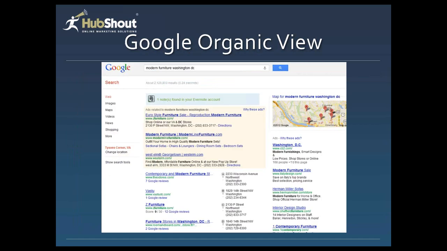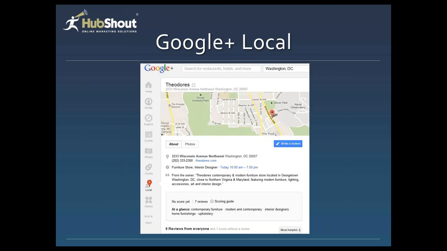Okay, so the final thing I wanted to show is that, at least on the Google side, a lot of these links, if you went to the map pin and then clicked on it, would allow you to go to more information, which would take you to the old Google Places. Now they're actually taking you into Google Plus Local, which is now showing me information about the Theodore's business here,